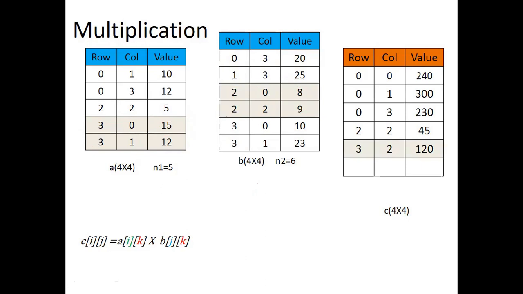Done. Last is that is A33 entry. A33 entry, if you can carefully scan for this, both this K and this K is matching. Okay, for A33 entry, initial value was 0 plus 15 into 10 because this was matching, K entry was matching. Similarly, this K and this K was matching, so this will also be a candidate. 15 into 10 plus 12 into 23. The answer of this is 426. If you just solve it, you will get the entry as 426.